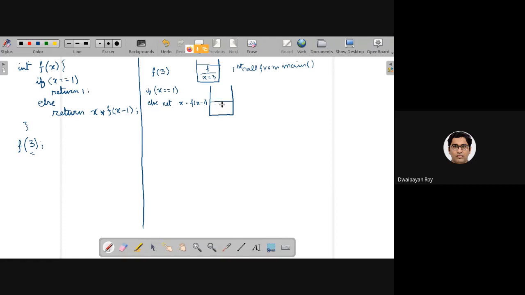And on top of it, this f of x minus 1 will be pushed, which is basically x equals 2. This was the first function call to f, and this is the first recursive call.